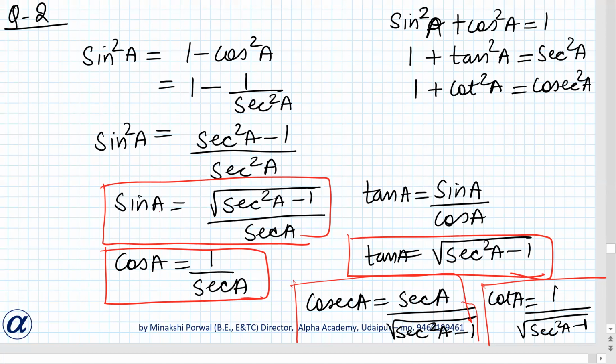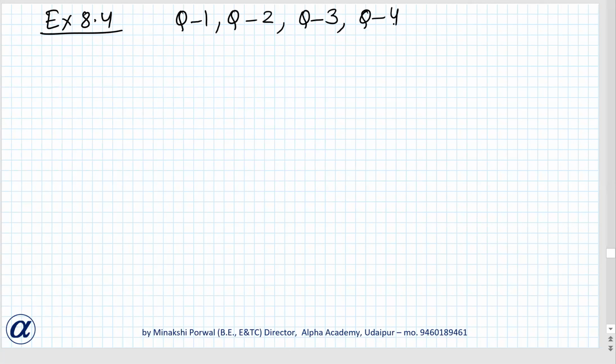Okay, now exercise 8.4. We have done question number 1, question number 2, question number 3 in the previous class. Question number 4, the first two parts we have done in the previous class, and the remaining two parts we have done today. Examples also, except example 15, we have done all the examples. So now I am starting question 5. Two parts we will be doing today, and then we will do revision of what we have done today.